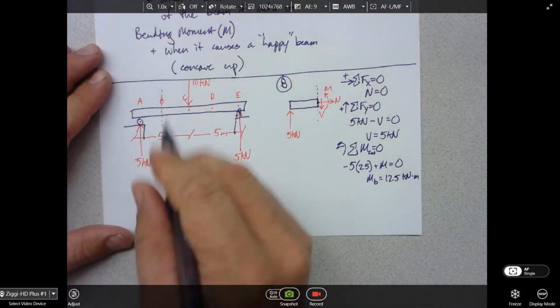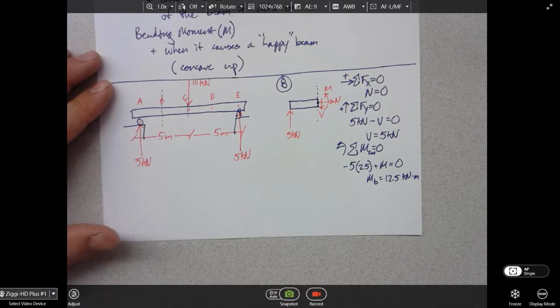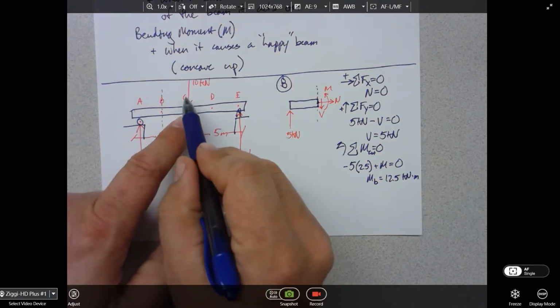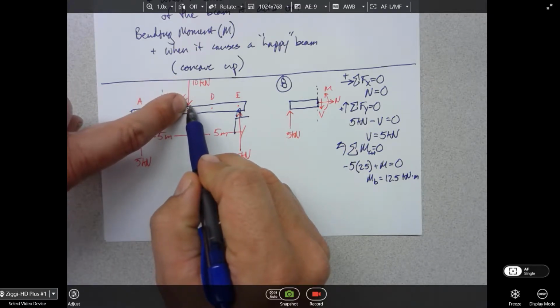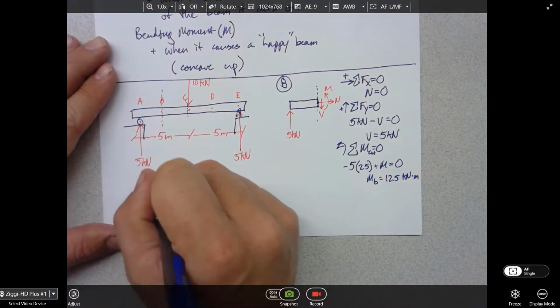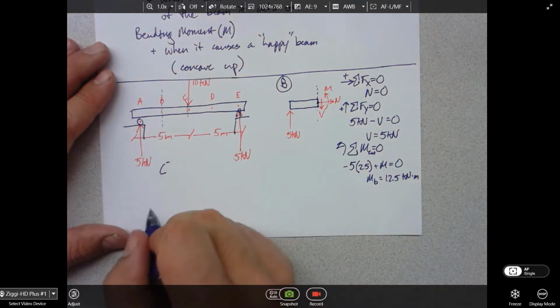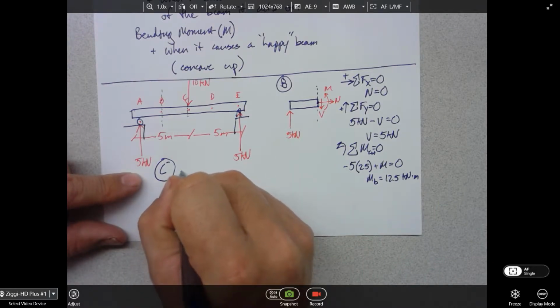Now I'd like us to move to C, but just to the left of C. Do you remember when you're doing limits in calculus and you have an asymptote and you'd say go to 0 but the plus side of 0? Everybody remember that? A little bit? We're looking at C, but not exactly at C where this 10 kilonewtons is applied, but just an infinitesimal point to the left. Okay? I'll call that C minus maybe, because we're just not quite to C. So let's draw our free body diagram for this guy.